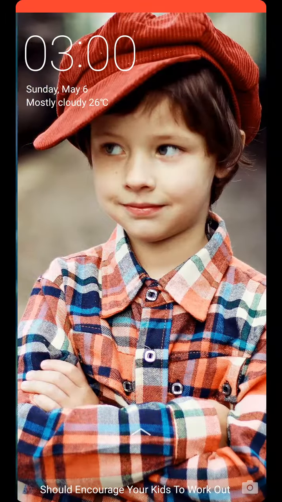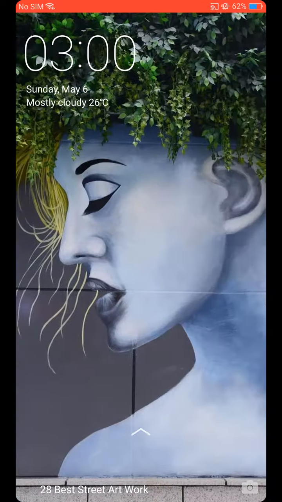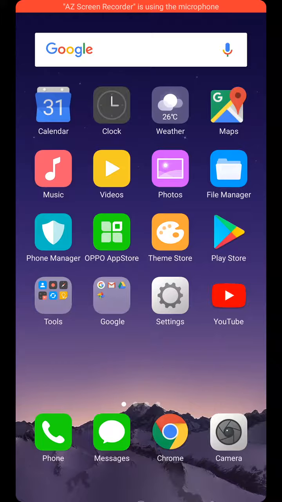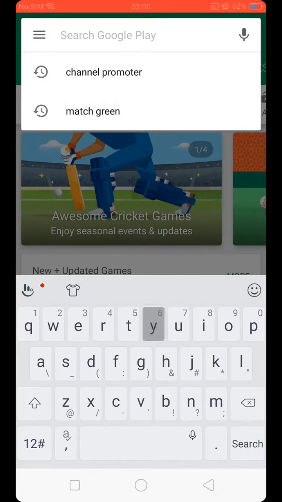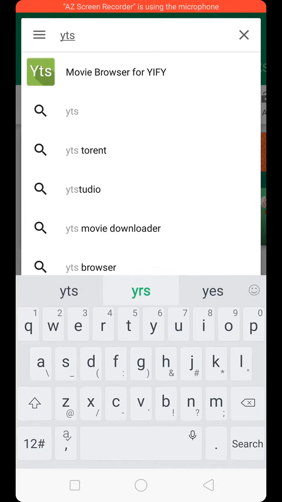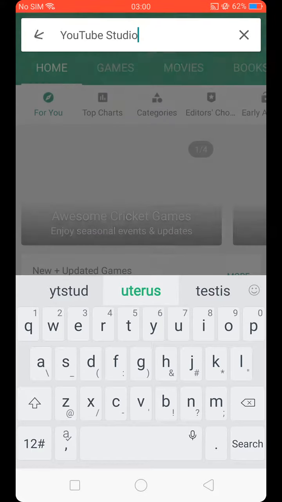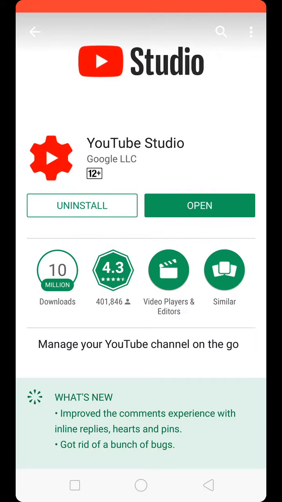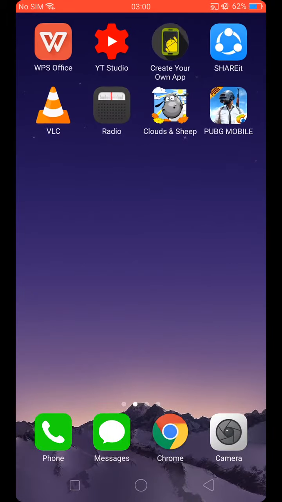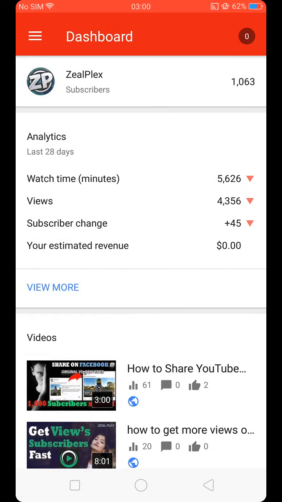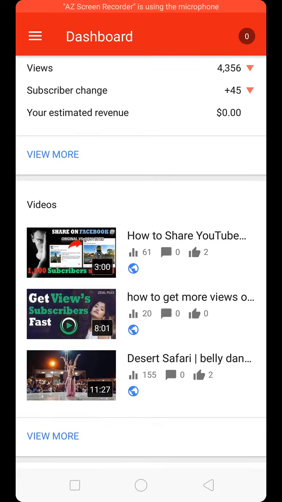To get that, there's an application inside the Play Store called YT Studio, given by YouTube itself, which I have already downloaded. If you're a YouTuber, you definitely should have that application on your mobile phone. So that's our application. After you have uploaded your video on YouTube, just